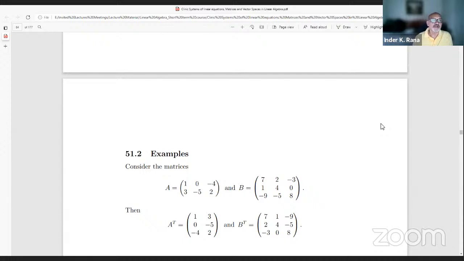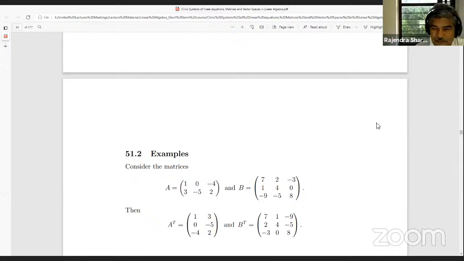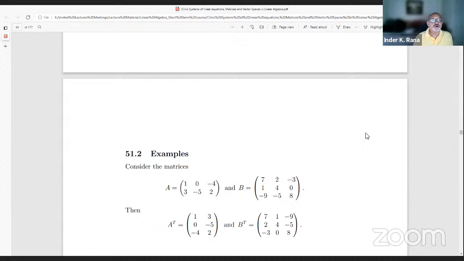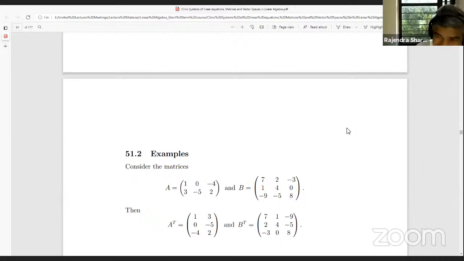Let me just ask you one question. I think there are probably two aspects of linear algebra. One is the theoretical, the other is the computational part of it. Most of the real life applications use computational aspects of linear algebra, which is done mostly on software. So what do you think? Do you think those who are using a software should know the theory also well? Just asking a very general question.